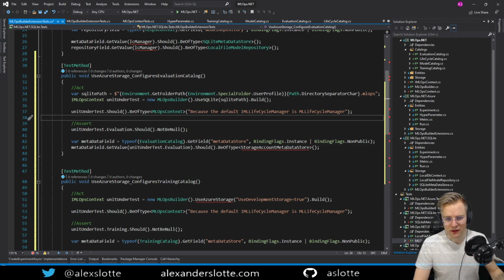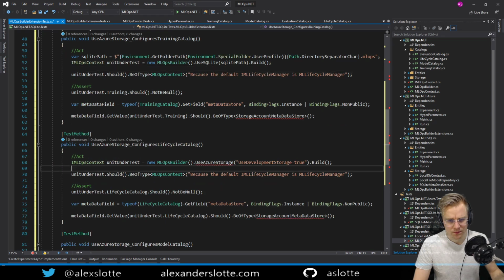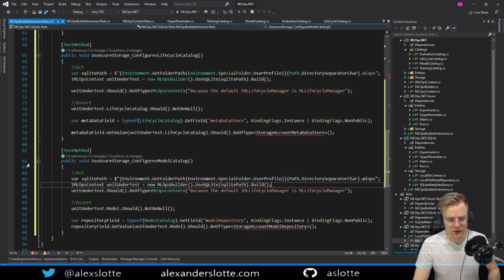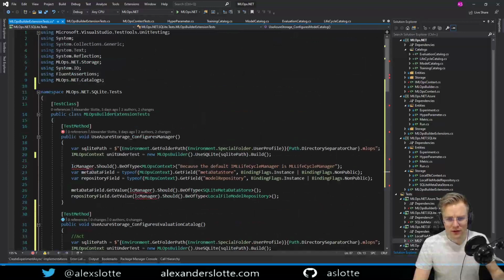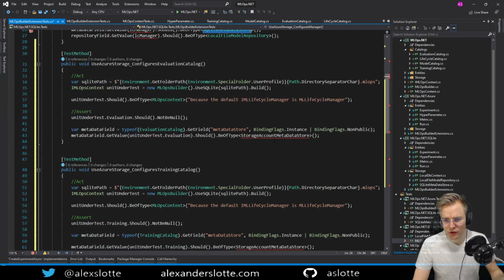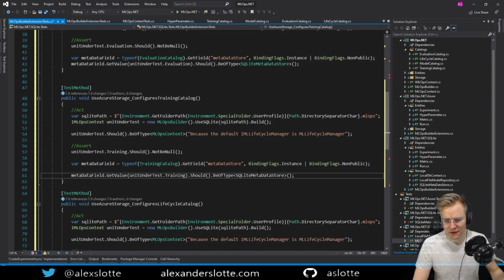But we don't need those. Okay, that's fine. Let me fix that in the next one here. Okay. Great. So now we need to just change this to SQLite metadata store and repository. And then we can run these tests and hopefully they will pass.